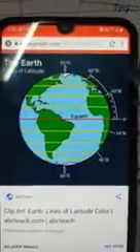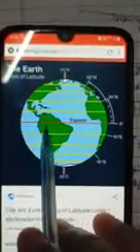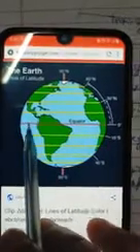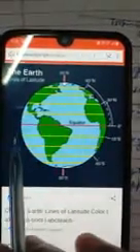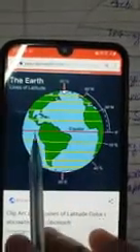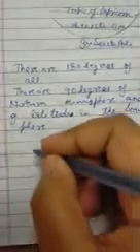You can see in this picture, this is an equator line and the latitudes are parallel to the equator. These lines are called latitudes. These are the horizontal lines and these are the vertical lines. Features of latitude. The length of the parallel decreases as we move away from the equator towards the pole.